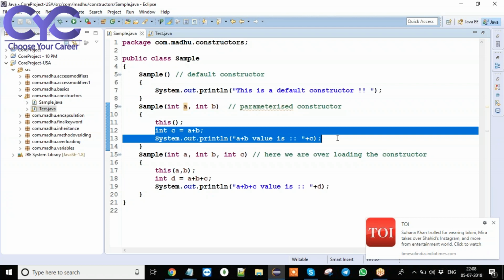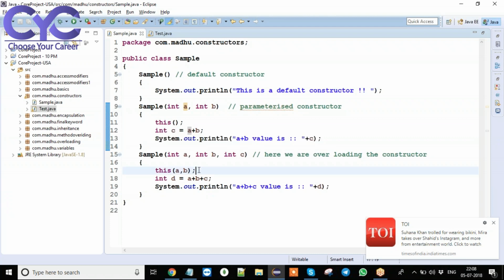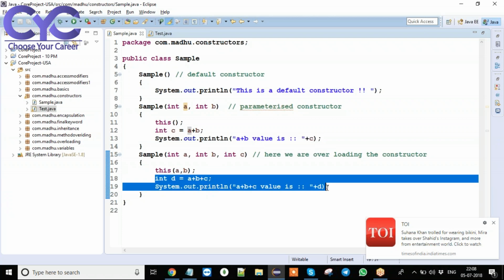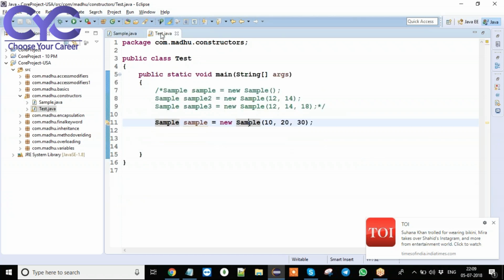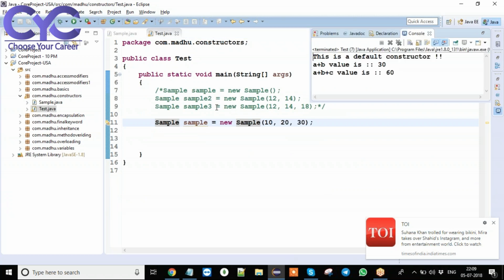Now, after completion of this method, this functionality is going to be executed. Line by line it executes, right? Int c is equal to a plus b, and then it is going to print the value. That means in the 3 arguments parameterized constructor, this line is executed successfully now. Then the remaining lines of code are going to be executed successfully. Now observe here, if you run this one, Control F11, it will be getting like this.